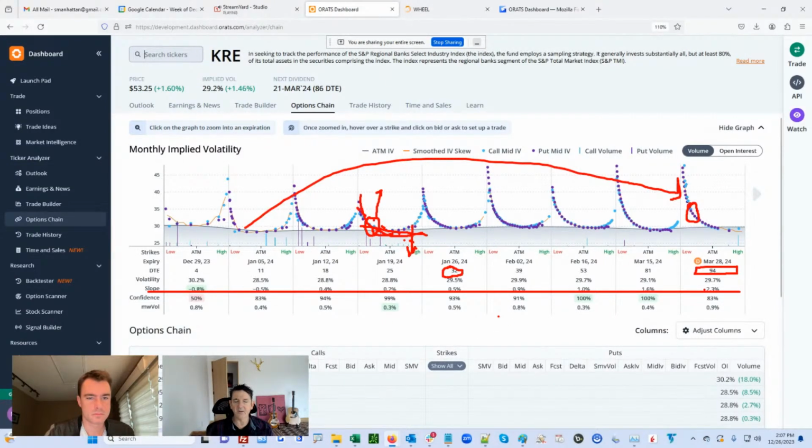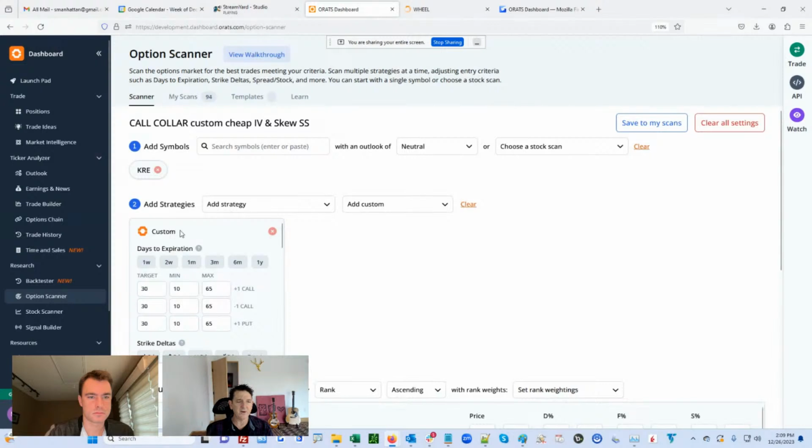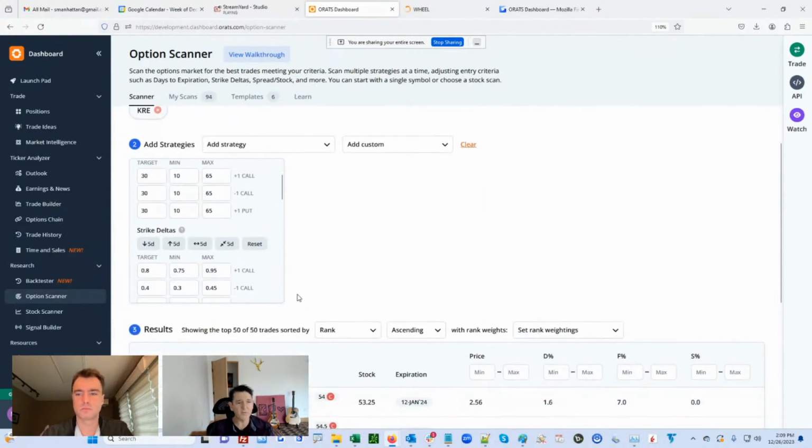So now the challenge becomes, okay, how do we find a strategy that will benefit from a rise in slope? All right, so let's go to the option scanner and check out our thesis, and now how do we implement it? Meaning, we want to buy low strikes and sell high strikes, but not have a large delta. So, for example, if we had long stock, so this is a graphical long stock,